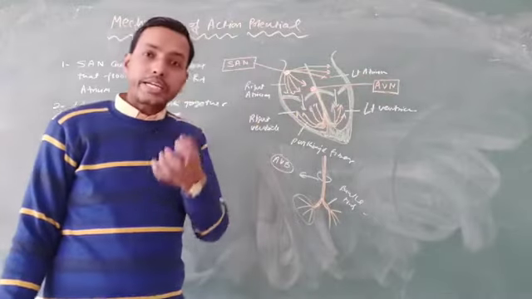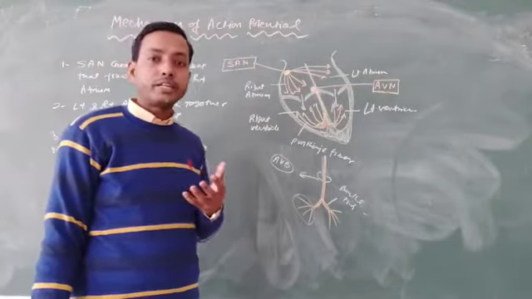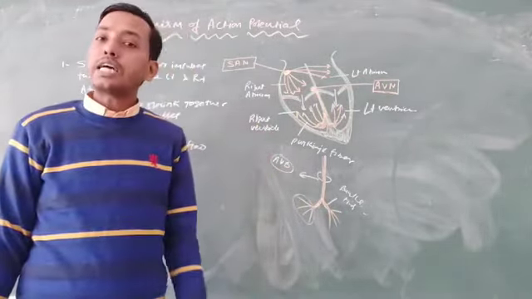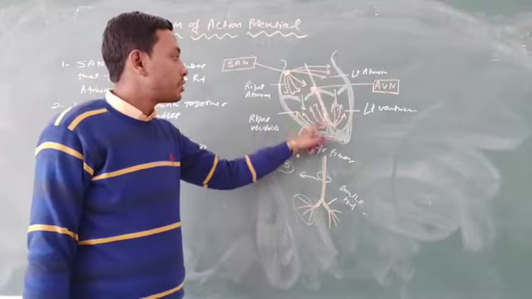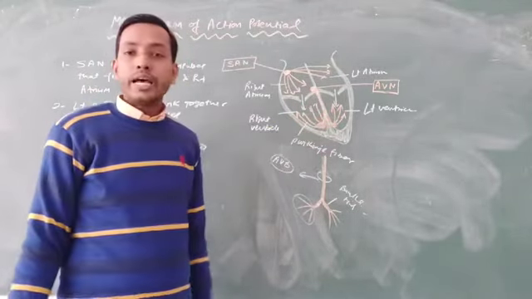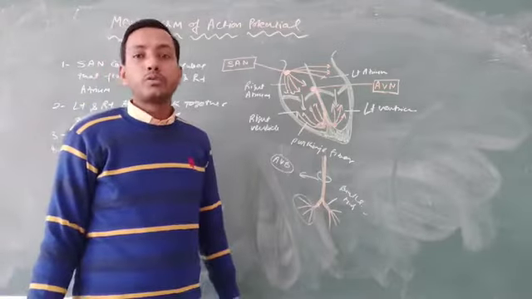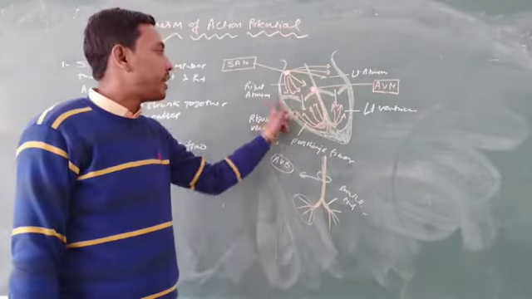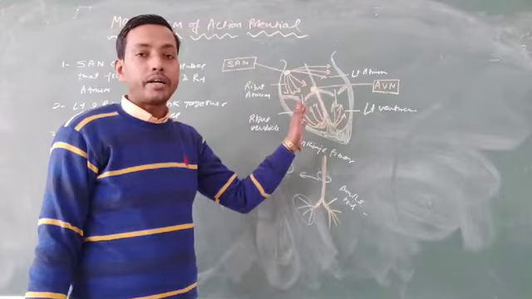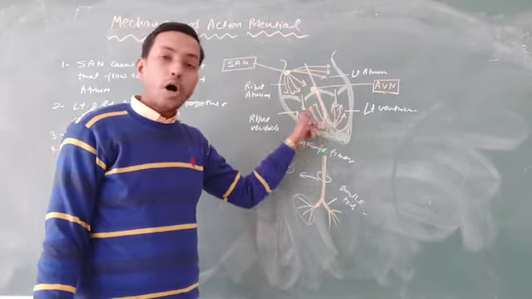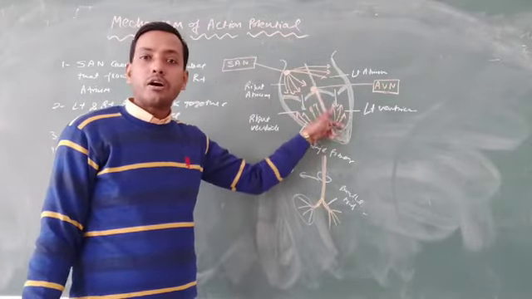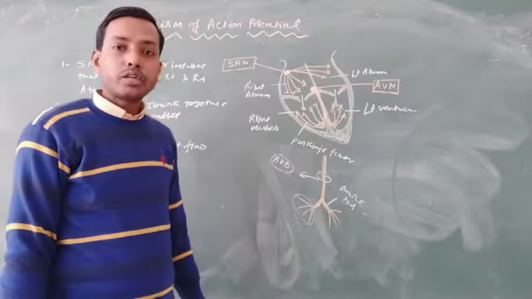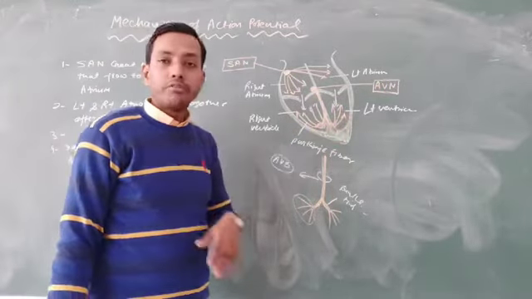The atrioventricular node gets excited, and after excitement it generates another kind of impulse that moves down and flows to the left and right ventricle through the bottom part, not from the right and left ventricle to the top part. It flows to the bottom part, that is the down part of the heart, and later flows through the different ventricular walls.